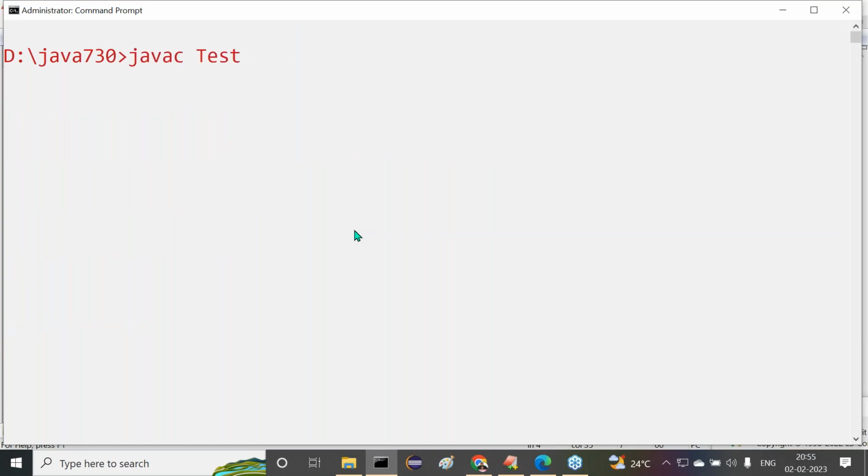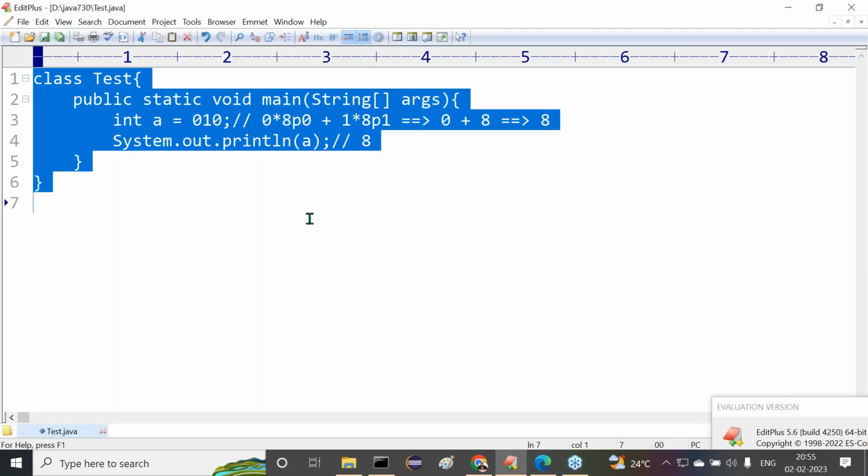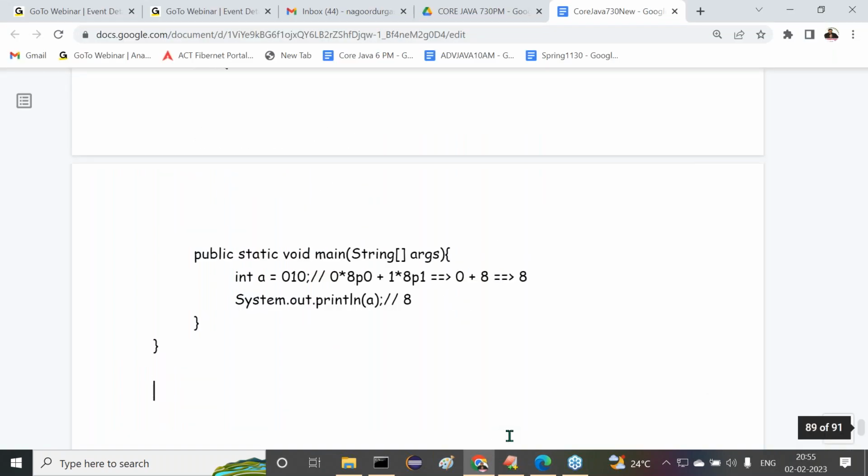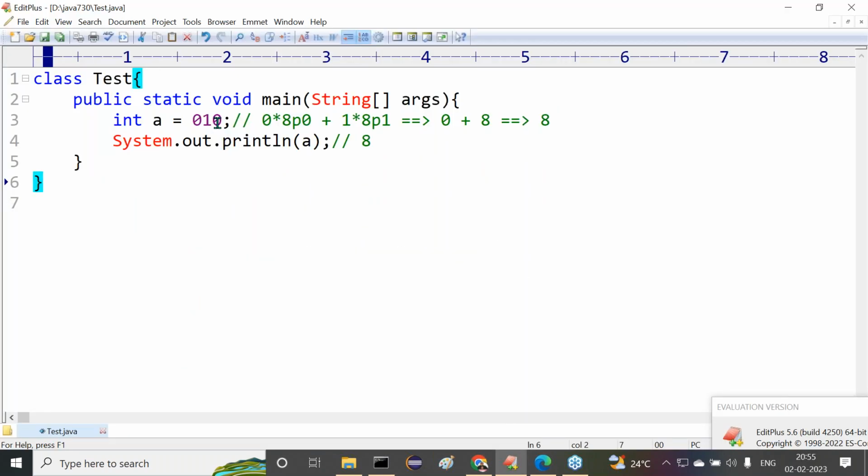javac Test.java, compiled successfully, java Test. Output value here, what are we getting? 8 is the output here we are getting. Right, so now this is a simple example, simple calculation I provided. Say for example, I want to provide 101.